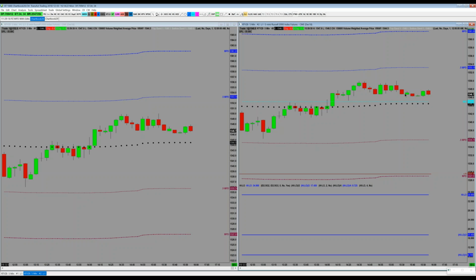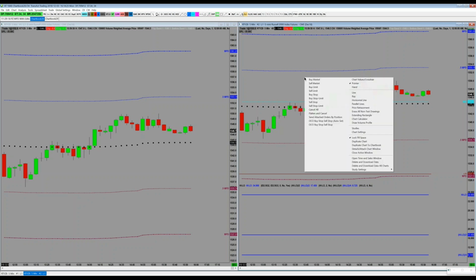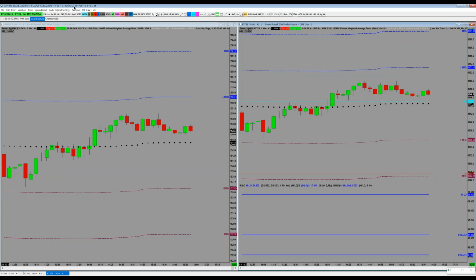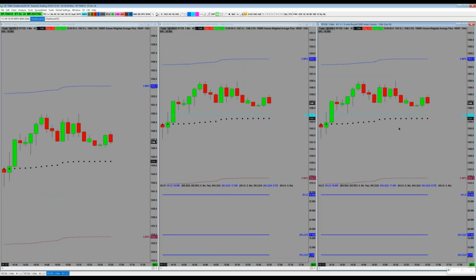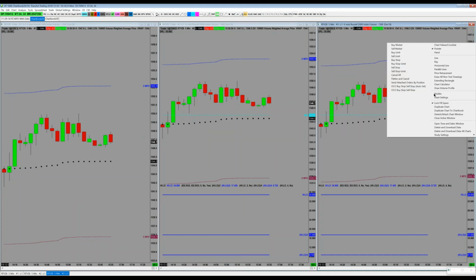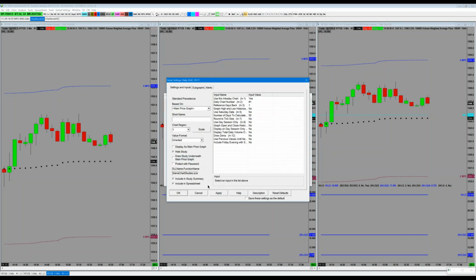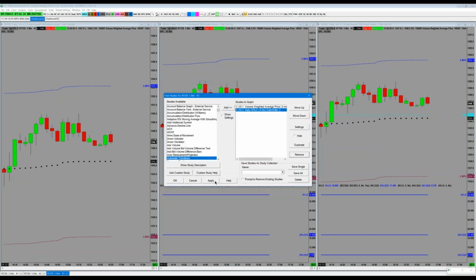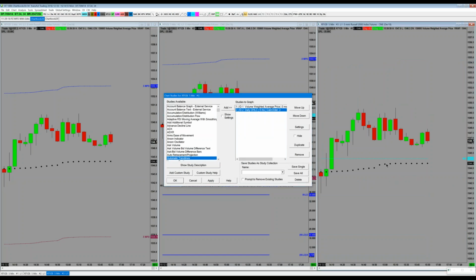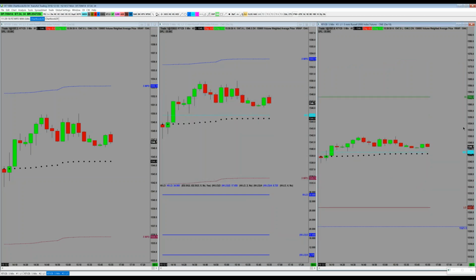Okay, let's try and go through one more example of this, from scratch, before we wrap things up. I'm going to tile these vertically on the screen. I'm going to remove all of these little studies that are not directly related to the screen as it stands. I'm going to show you how to do this from zero. So we have the VWAP, and I don't really need this high-low study here. So we really just have the VWAP and today's range, and this horizontal line that I didn't delete.